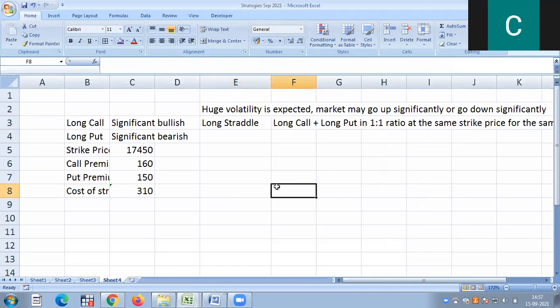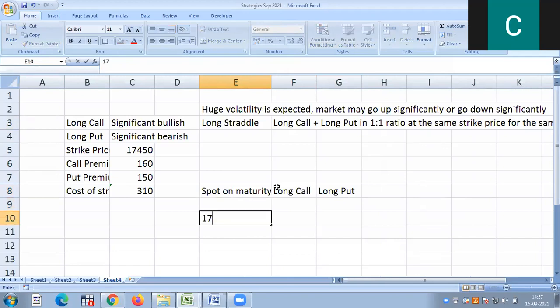Now I'm showing this in the form of a diagram. Long call and long put. Spot price and maturity. Say spot price at maturity is 17,000. Say I'm taking somewhere like 17,000, 17,050 as such I'm taking. So if you take that way,